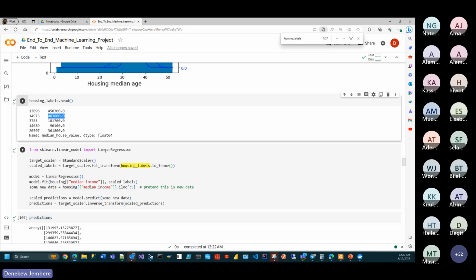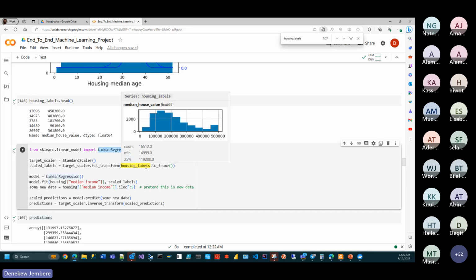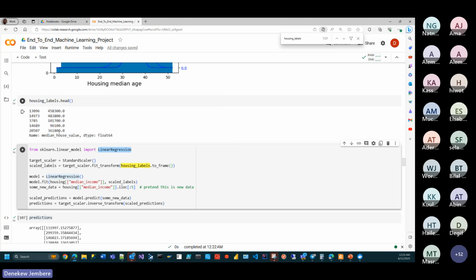The reason why we need linear regression for one value is basically we wanted to predict a missing value. Linear regression predicts a continuous value. And then if there is any missing value, then we can basically transform and just predict whatever missing value in that location. So the target scalar is a standard scalar, and we feed transform labels to data frame,